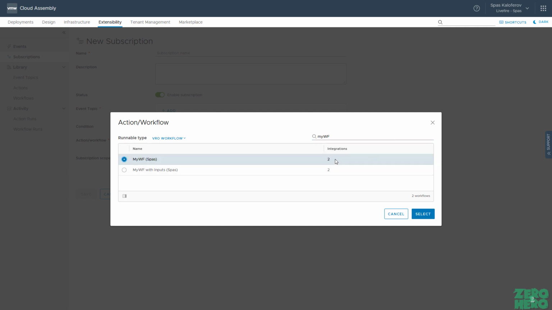On the right side, you can see that Cloud Assembly has found this workflow with its particular workflow ID on 2 integrations. If I create a subscription to an event for that project, if I deploy a blueprint from that project and I have not specified extensibility constraints on a project level, the workflow will run on one of these two integrations on a round-robin